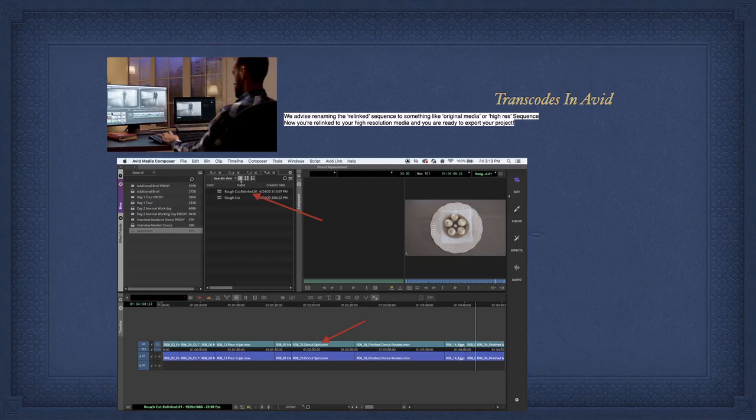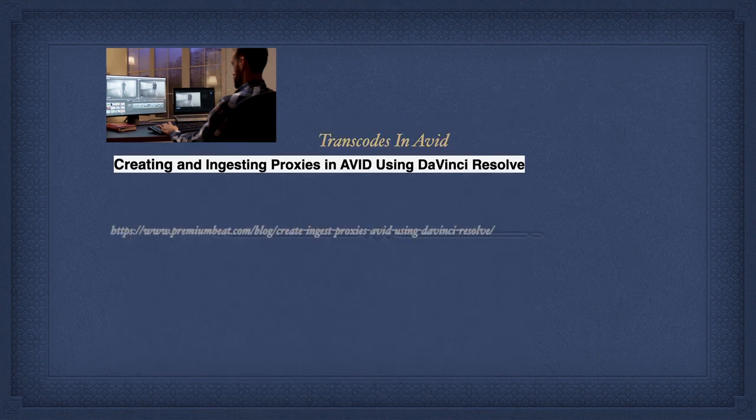And then what you can do is you can rename the sequences. So you can have one called relinked or original media, and then you can create one with the high res sequence. So you've got the two versions, the offline version and the online version. And if you want to know more about using Blackmagic to do the transcodes, there's a really good website that